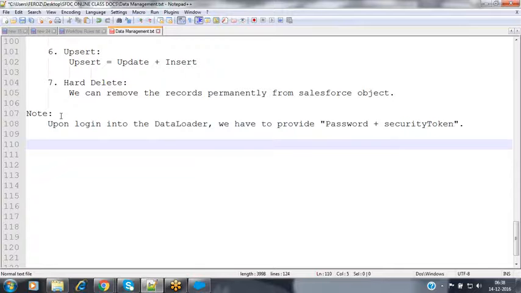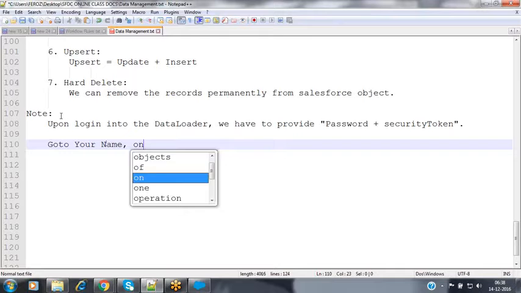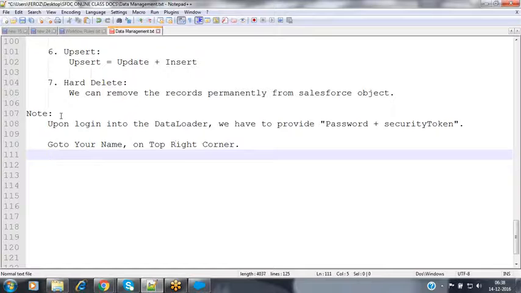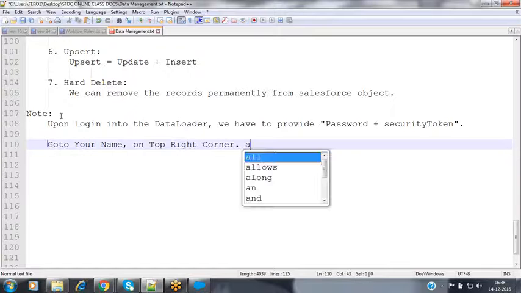Now let's see practically. Go to your name on the top right corner of your Salesforce instance, and expand it.